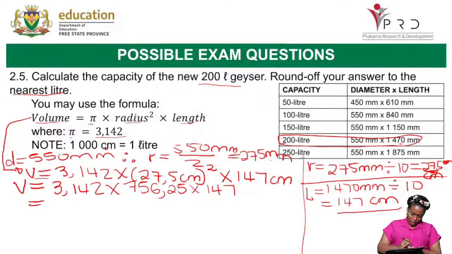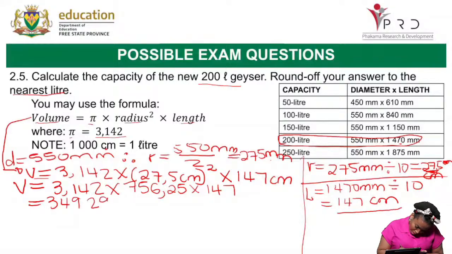Let us punch it in on our calculator: 3.142 multiplied by the radius squared multiplied by 147. The answer that I'm getting is 349,292.2125. And remember, this is cubic